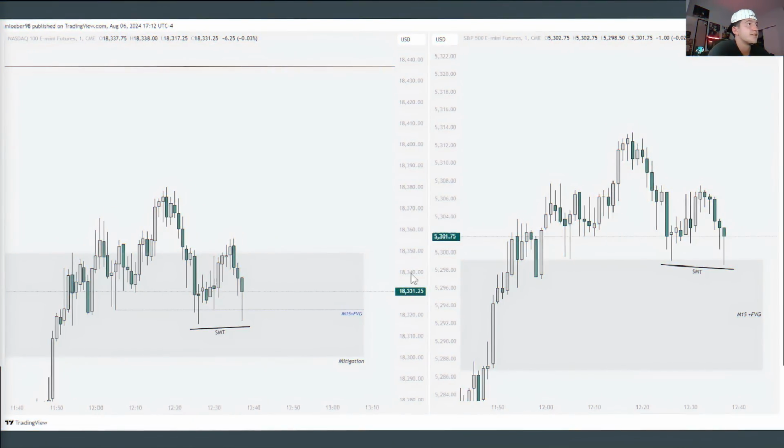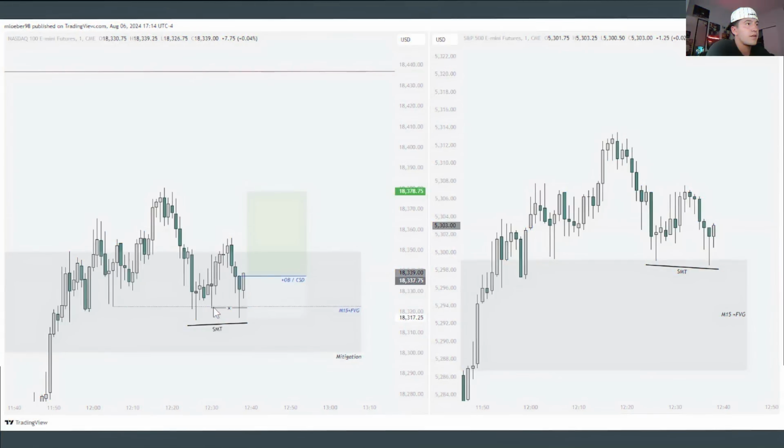Here is price inside of that M15 bullish fair value gap. You can see the NASDAQ makes the higher low compared to the S&P making the lower low inside of that gap. So which pair am I going to want to trade? I want to trade the NASDAQ because it's making a higher low. But if you look even closer,